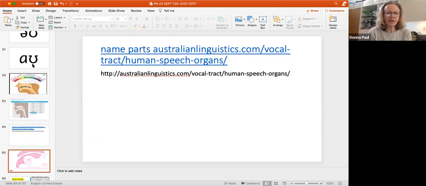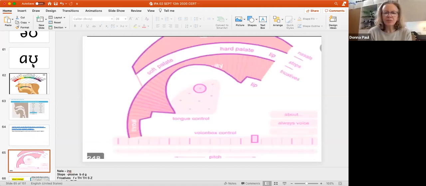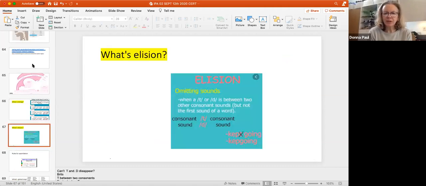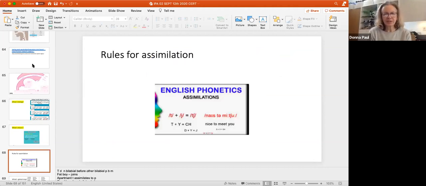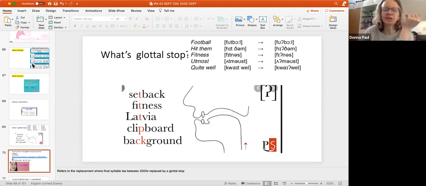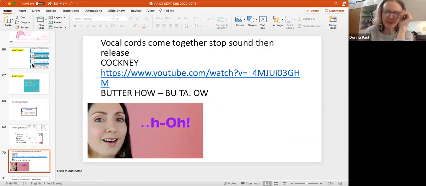And then we looked at elision. We missed out a sound. So it kept going, which is the same as the glottal stop when you miss out. And assimilating is when you have two sounds become a different sound. So the meet you, the t and you becomes ch, that's assimilating. And glottal stop is the same as the first one, which is